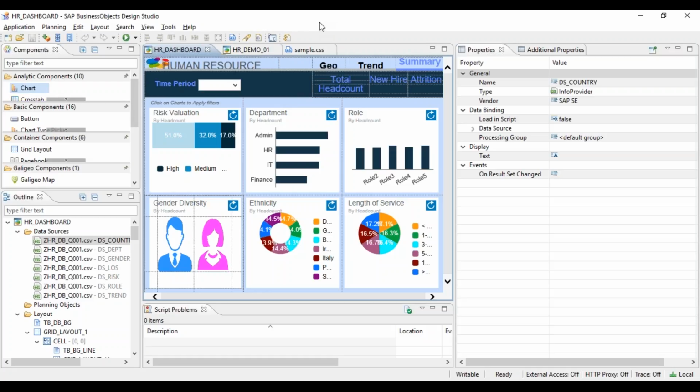Rakesh, before that, you talked about coloring the graph. If the first graph has a shaded color, then all the graphs should have shaded color.